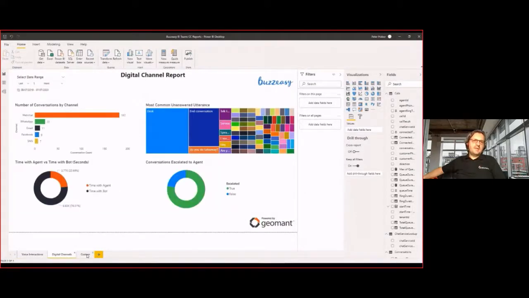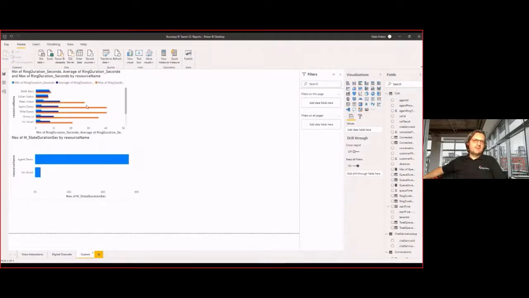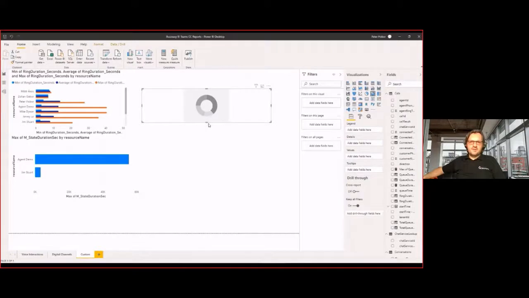And again, the same reports are here, but in Power BI Desktop, we can customize these. So there are some custom reports already here, but let me just quickly create one that is a donut chart. Let me make it big.